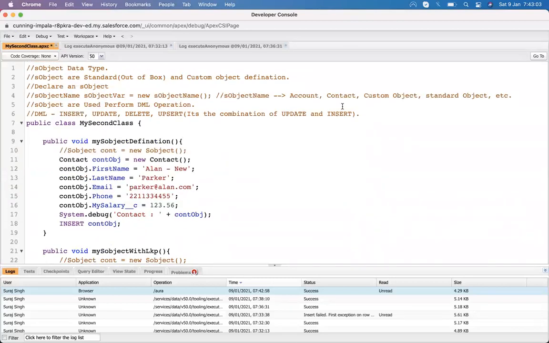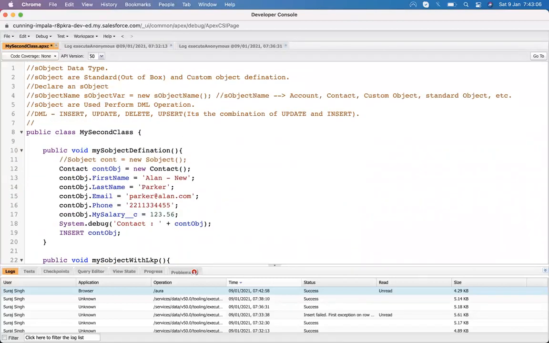So let me put a note that when we are working with the lookup, we need to focus on the ID of the parent record.